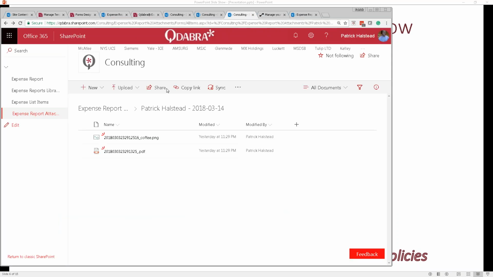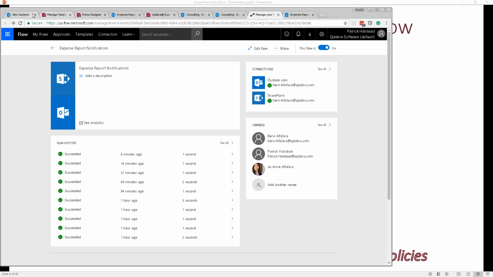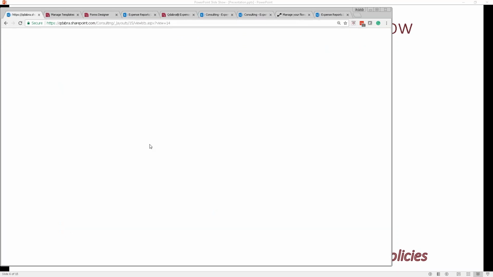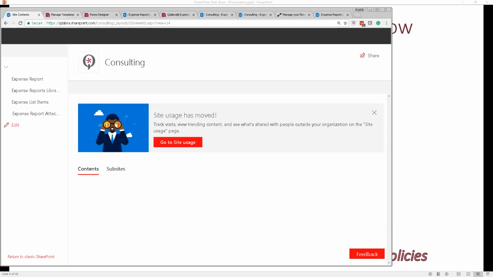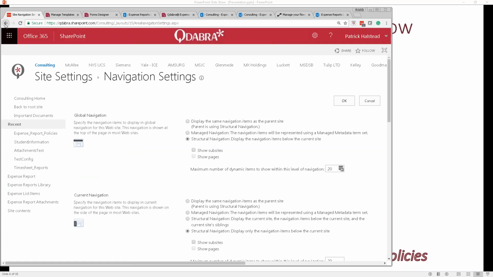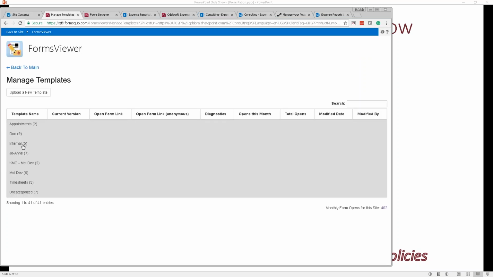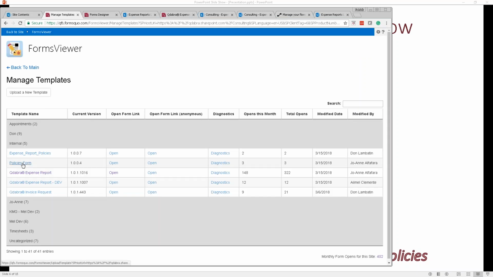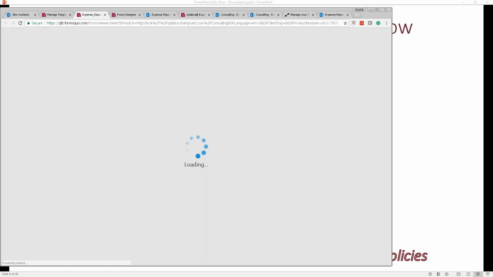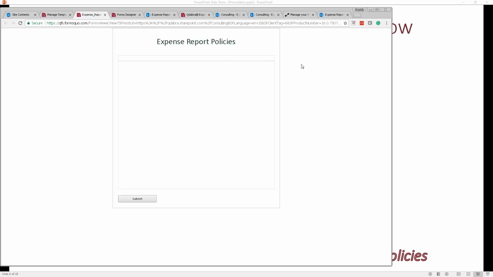That's the flow. We have a policies library. I can just open it from here. So we have this policies form that we're using to create the policies, and it's a very simple form. I guess this might be the new one they're doing, but this just allows you to create a policy and